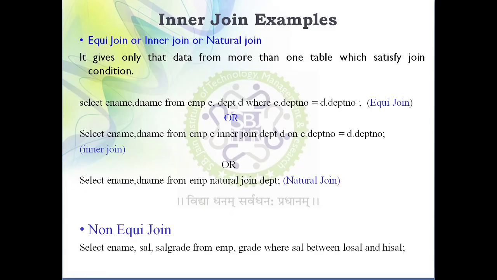So now we'll focus on inner join. Inner join is also a variation of equi join as well as natural join. That means if you use natural join or inner join or equi join, you will get the same output. Their functionality is the same, only the name is different, only the way of specifying the condition is different. But ultimately, suppose you are executing all these three types of join on a particular table for a particular problem statement, you will find the same kind of output.